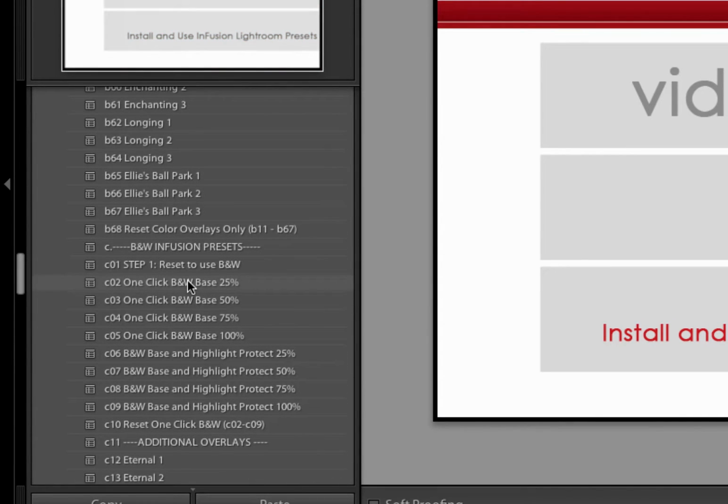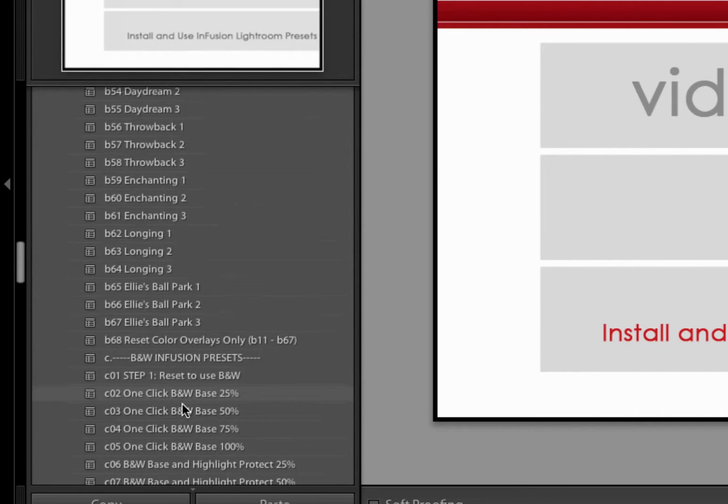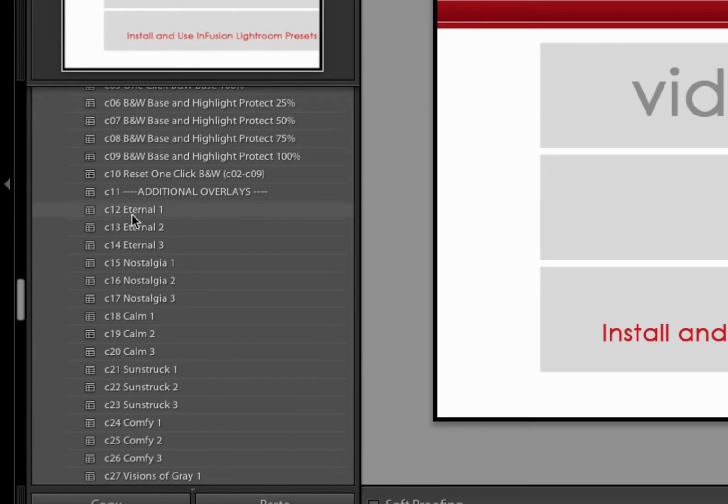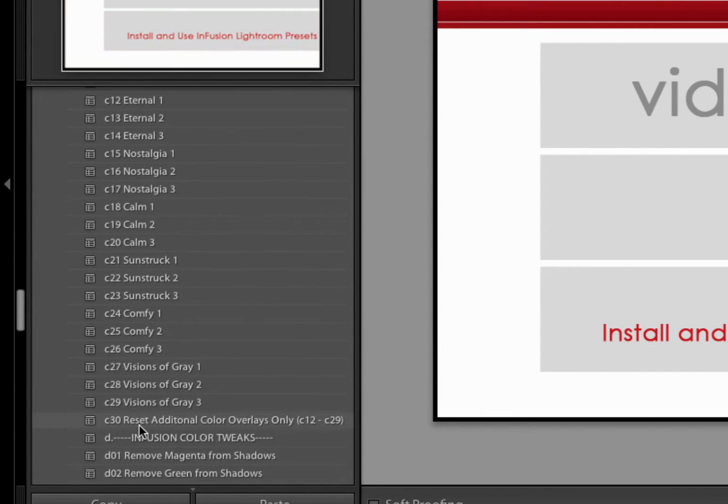Section C gives us our black and white presets, where we've got our one-click black and white bases, both with and without highlight protection, 25% being the weakest and 100 being the strongest. And then we've got additional overlays that you can use either on black and white photos or on your color